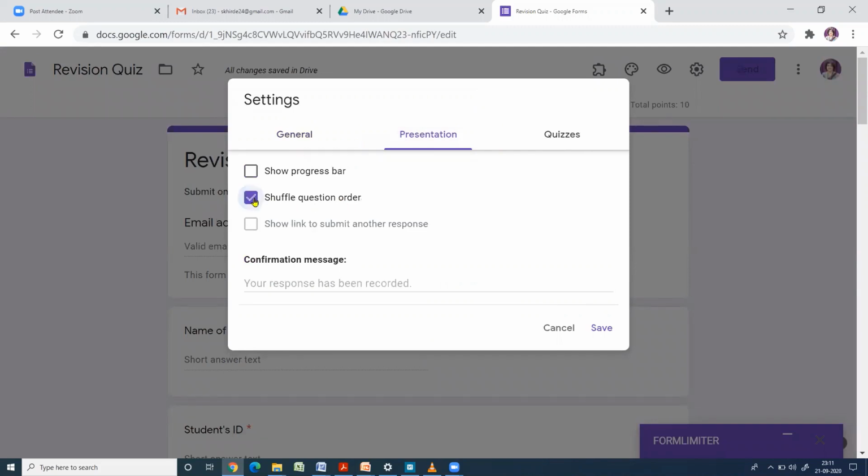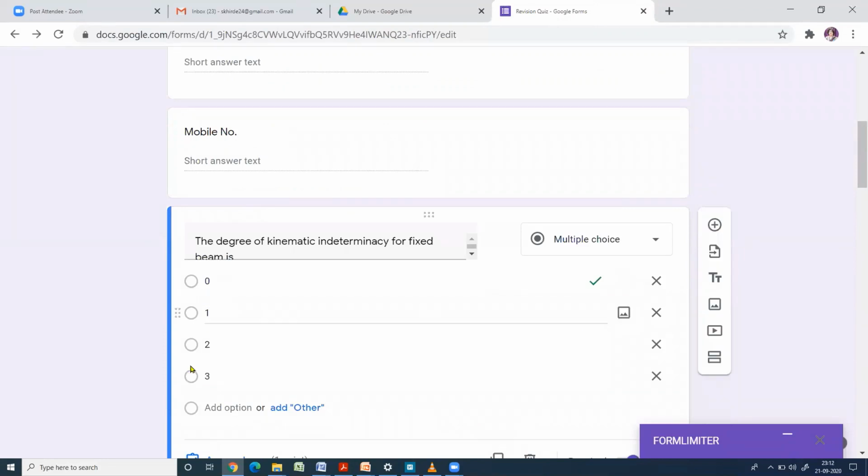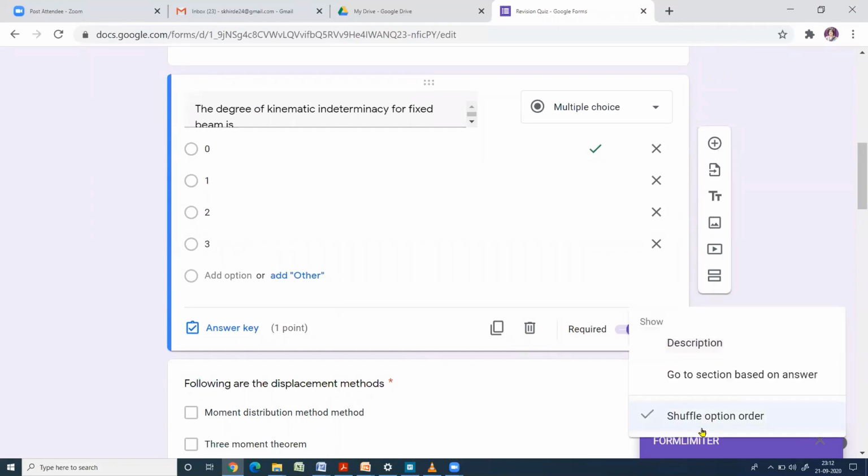Suppose you want to shuffle these options also, then you can click on these three dots here, and here you have the option shuffle option order. If you click on this, then each student will get a different order for the options. So this is how we can shuffle questions as well as option order in Google Quiz.